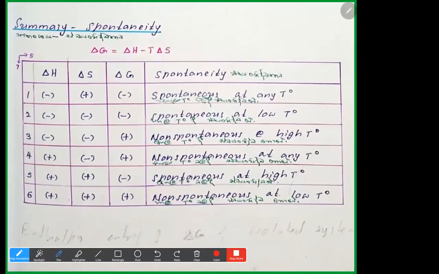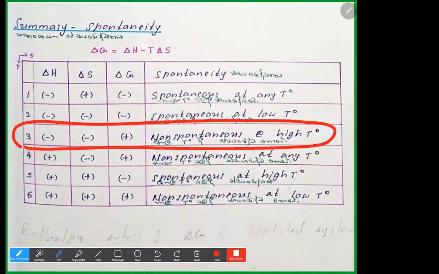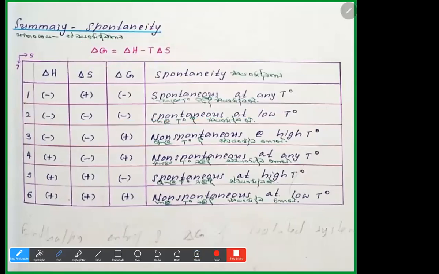Okay, I'll explain one example here. Let's say I'm going with this. Looking at these given data, you're supposed to understand this, okay? In the given data, the third one I'm taking: delta H is negative, delta S is negative, delta G is positive. What is the condition for that? That condition is